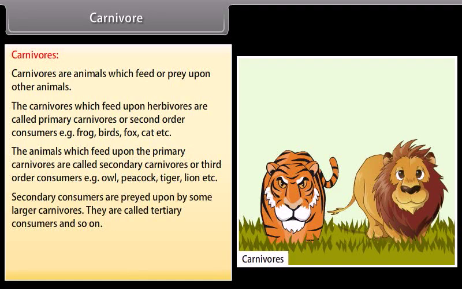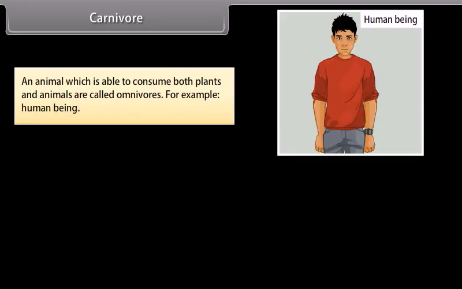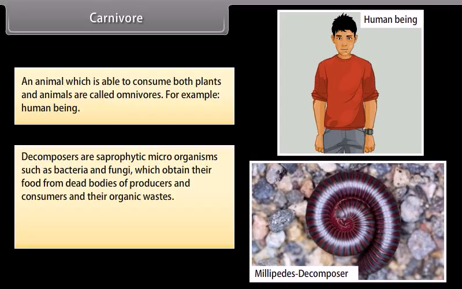Secondary consumers are preyed upon by some larger carnivores. They are called tertiary consumers and so on. The larger carnivores such as lion, tiger, etc., which cannot be preyed upon further, occupy top position in the food chain and are called top carnivores. An animal which is able to consume both plants and animals is called an omnivore. For example, human being. Decomposers are saprophytic microorganisms such as bacteria and fungi, which obtain their food from dead bodies